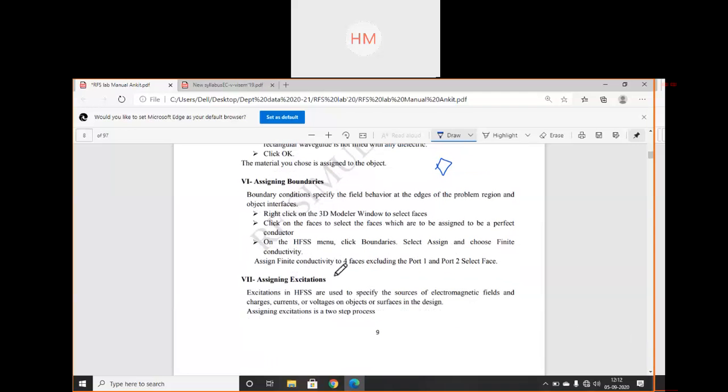Assign finite conductivity to 4 faces, excluding port 1 and port 2. For port 1 and port 2, you have to apply input on the top and bottom faces, and then you will apply the boundary condition to the 4 faces.